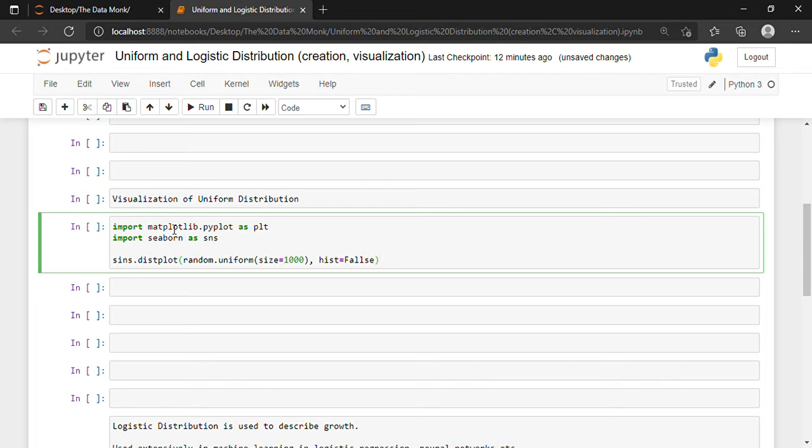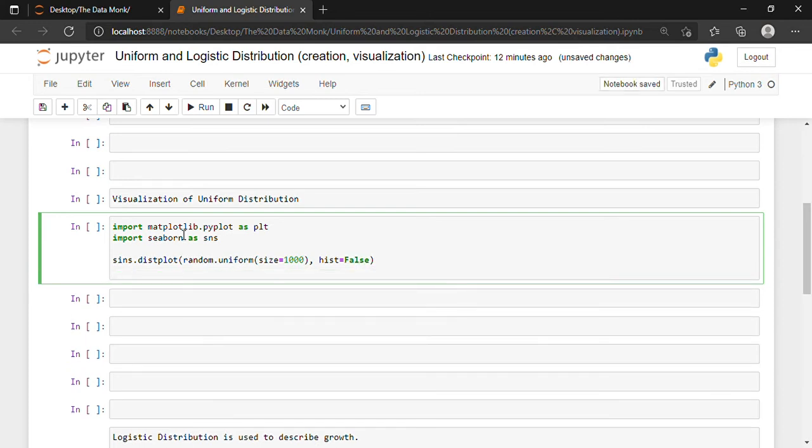The spelling of False is wrong, so we need to debug, so that we don't get any errors. So what are we basically doing? We are trying to create and visualize the uniform distribution, and we are doing both in one line only. Inside, random.uniform with size, and the histogram argument I have given.